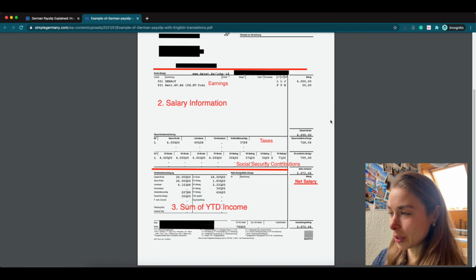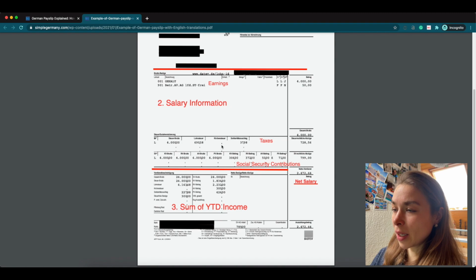Let's have a look at those. The contributions always get calculated based on your gross salary, your monthly gross salary in this case. If we take the 4,000 as an example, which is listed right here, then you will pay your taxes, and this is income tax. The income tax gets subtracted from the gross salary,